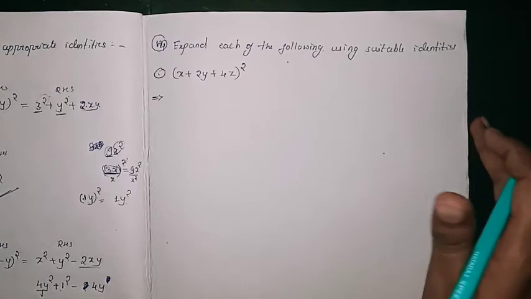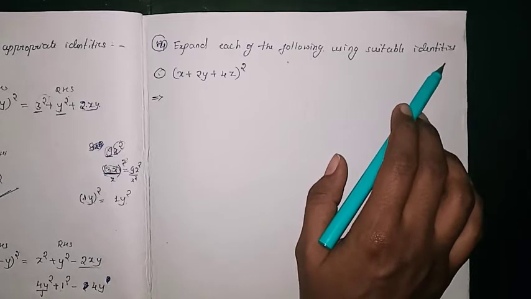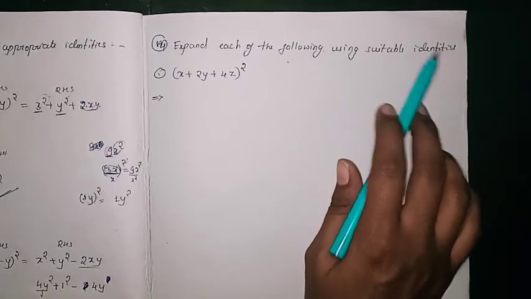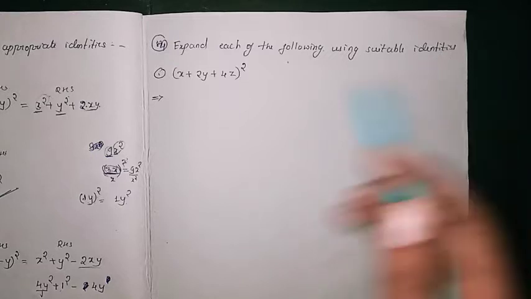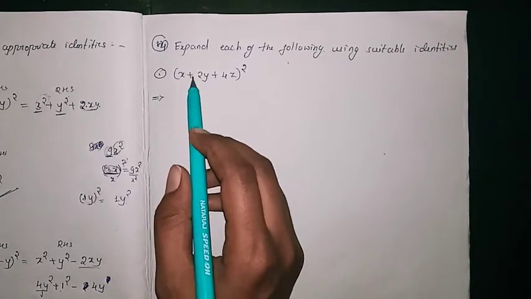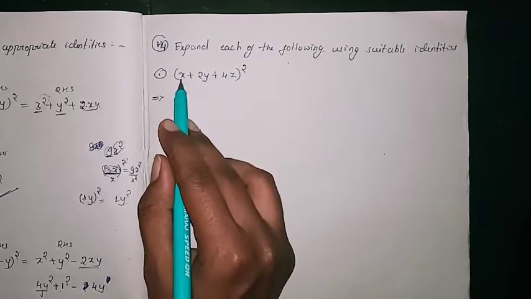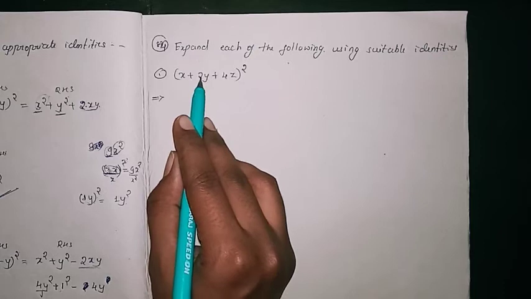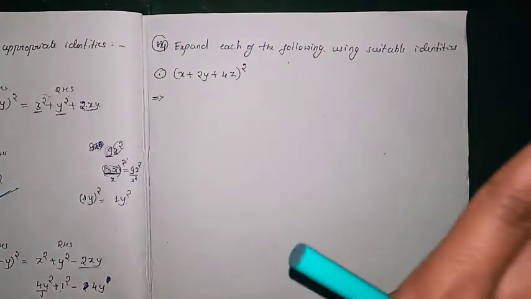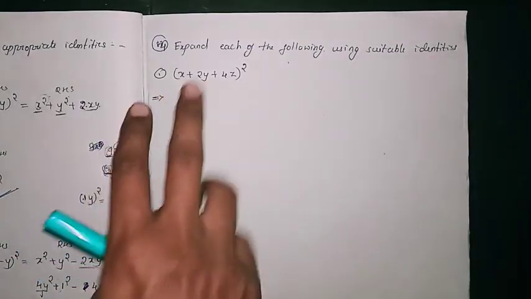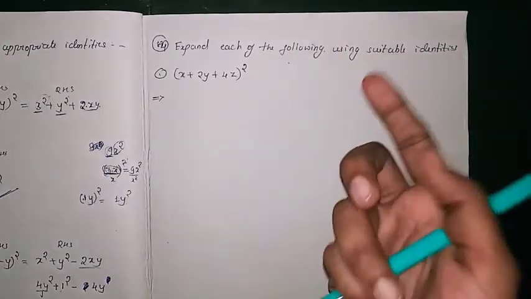So now the fourth problem, that is expand each of the following using suitable identities. So they have given the terms, you have to expand that one by using the identities. So here, as I told, whenever the question is given, first observe the sign, both are positive, and after that observe the terms. So one x term, 2y and z. The x, y, z, there are three variables, so that means there are three terms. So in the formula, which formula has the three terms with the square term, that you have to think.